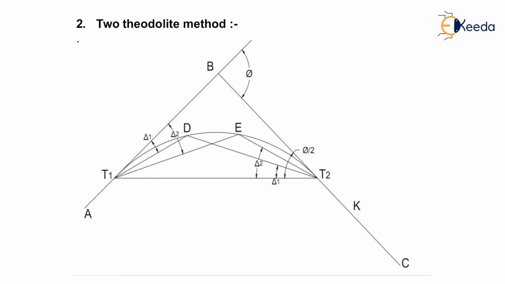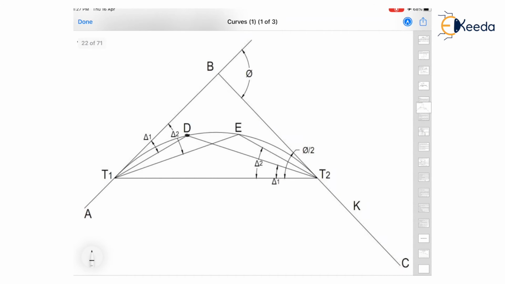Thus the line of sight of the instrument at T1 is directed along T1D and that of the other instrument at T2 along T2D. From T1 bisect the angle delta 1, that is T1D, and from T2 bisect the angle delta 1 only, that is equal to T2D. Move the ranging rod until it is bisected by the crosshairs of both the instruments. Thus, locate the point D. So, we are locating this point D from two instruments, that is from T1 and T2 simultaneously.